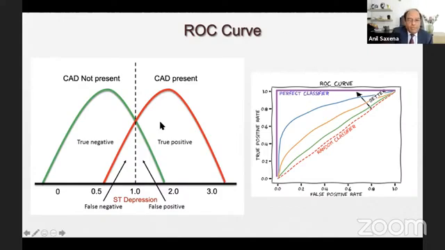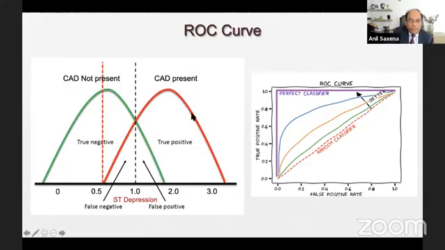So it will always happen that some patients will not have CAD but will be diagnosed by treadmill as positive for CAD. Similarly, there'll be some patients who have CAD but will be missed. They will not be diagnosed. So sensitivity and specificity will be around 70, 75%. You will miss a lot of patients and you will overdiagnose a lot of patients. If you want to change the criterion, for example, to 0.5 millimeter, what will happen? The test becomes very sensitive. That means you don't miss any patient